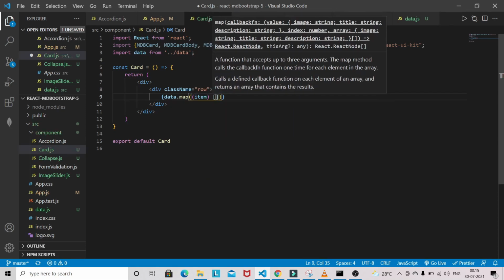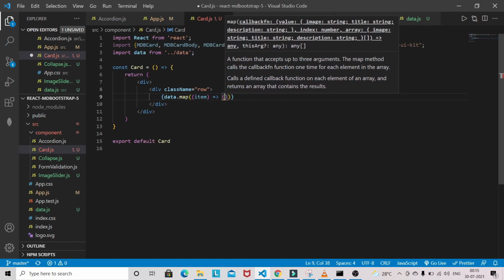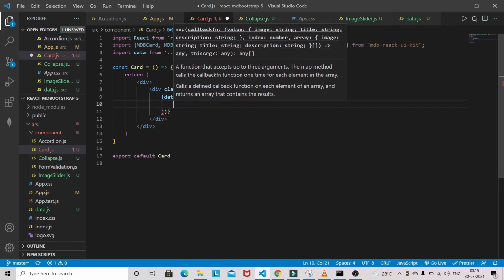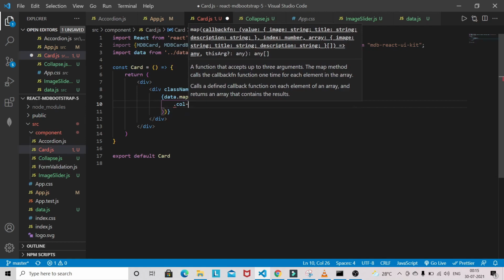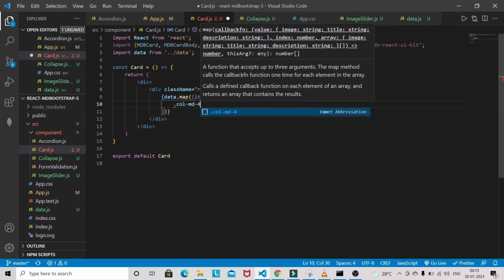It will have an item. Okay, and now I will have one Bootstrap class name here, that will be col-md-4.